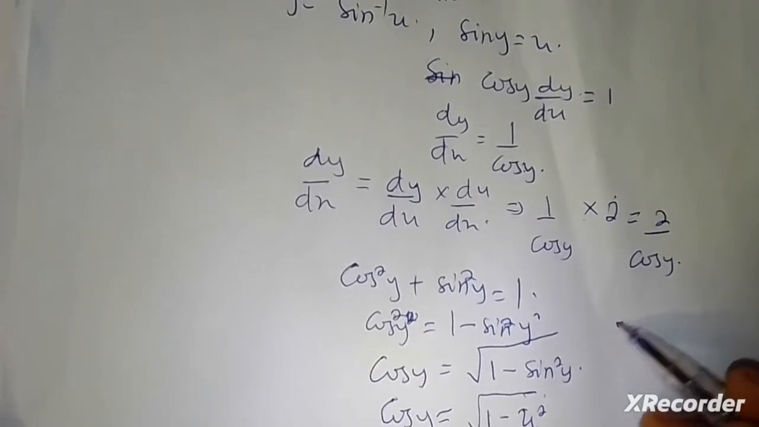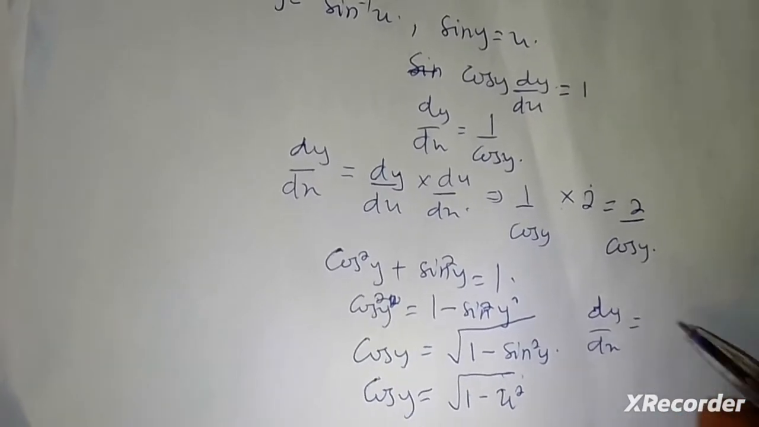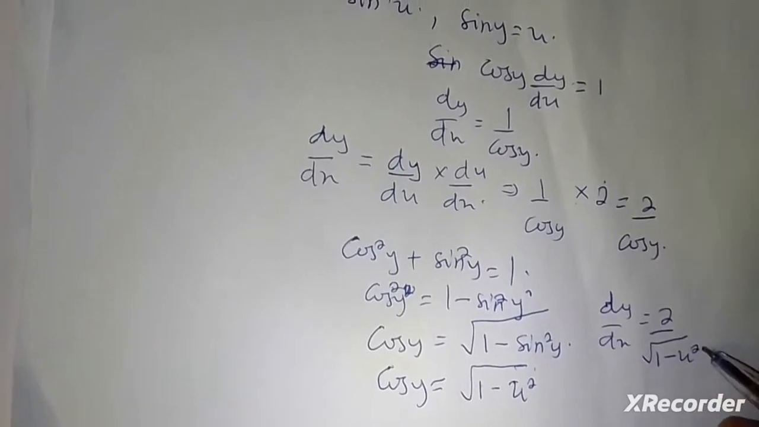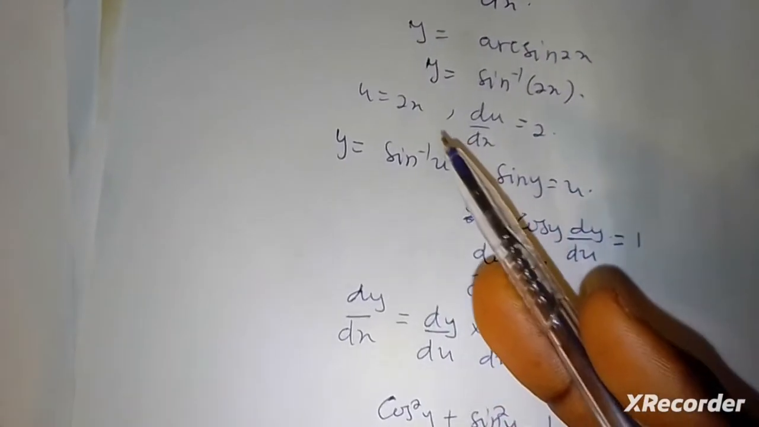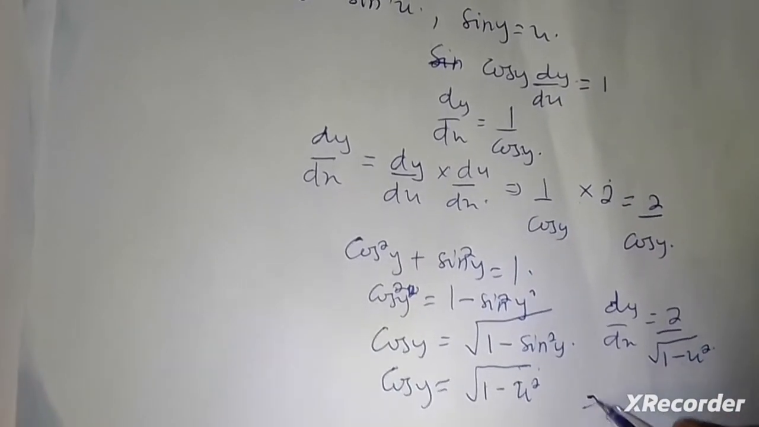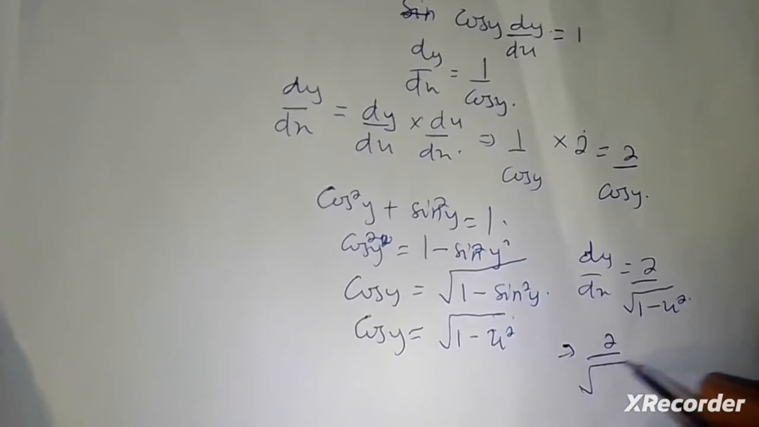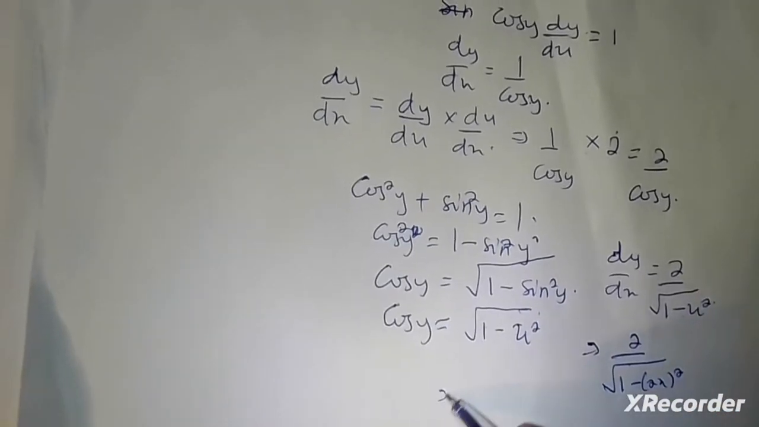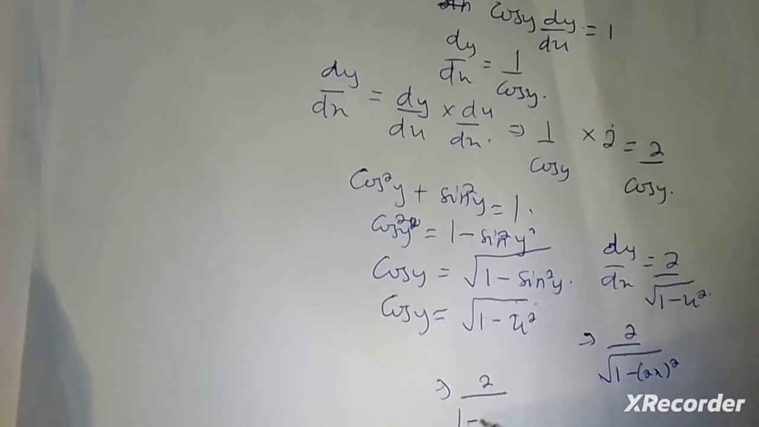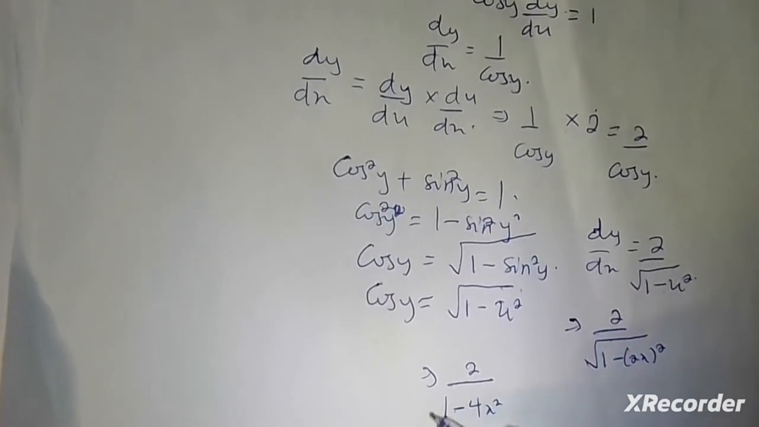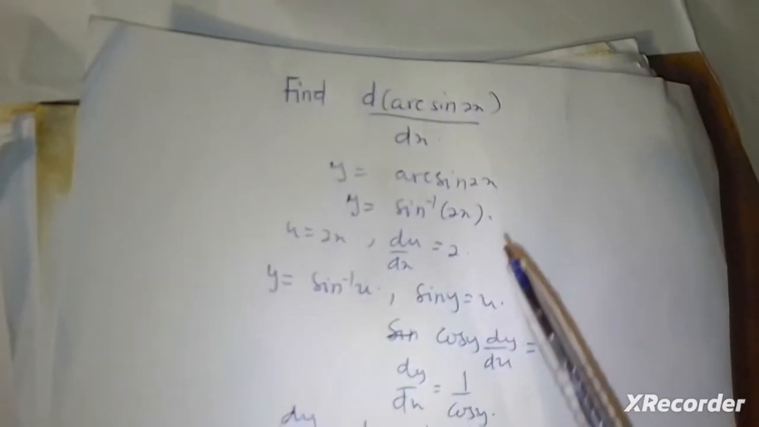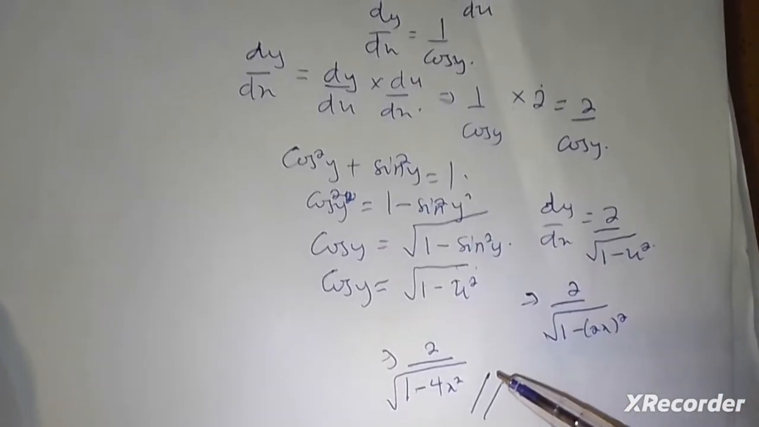So I'll represent this with this. So I'll have my dy over dx to be equal to 2 over the square root of 1 minus u squared. What is u? Our u was equal to 2x. So what you're going to get is 2 over the square root of 1 minus 2x all squared. And that will give us 2 over the square root of 1 minus 4x squared. And this is the solution for the question. That is, this is the derivative of